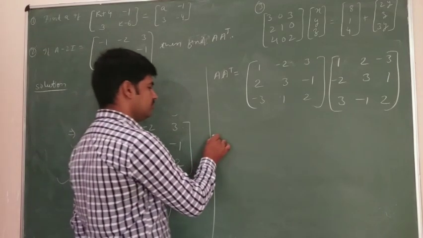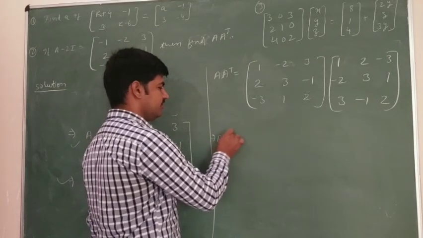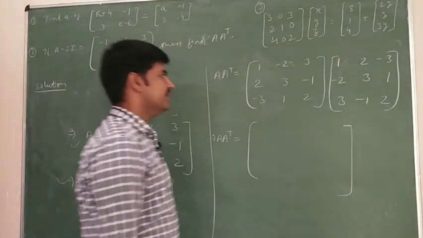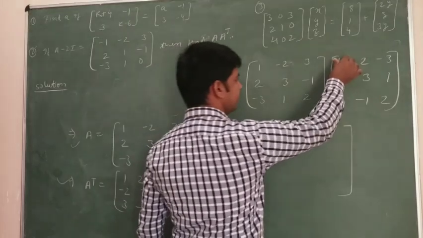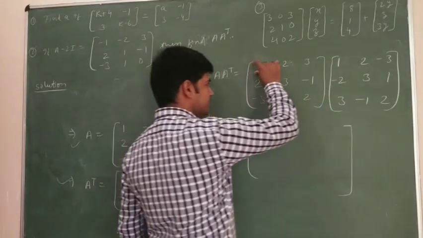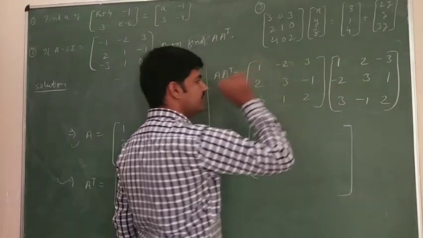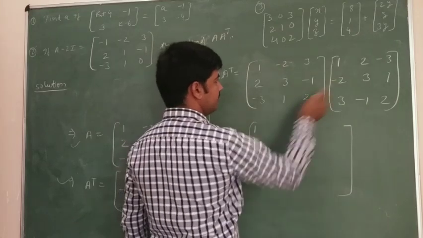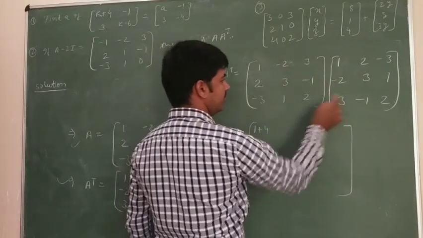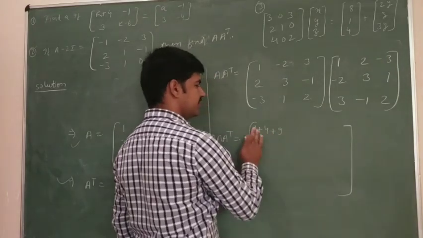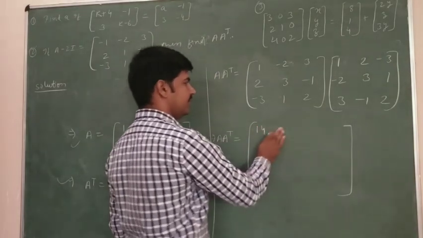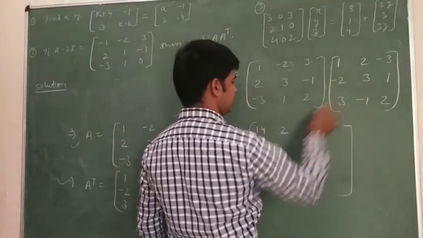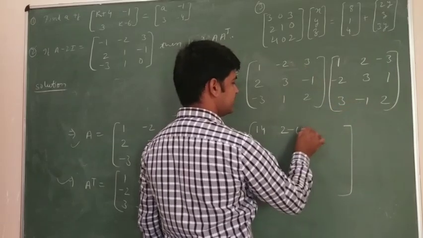After we have put both of these values, now we get A times transpose of A is equal to a matrix of the same order, 3 by 3. Let us get that. So first of all, the elements of the first row will be multiplied by the corresponding elements of the first column, and they will be added. So 1 plus 4 and plus 9, that is equal to 14, students. So here I can write 14. Now first row second column, 2 minus 6 and minus 3.